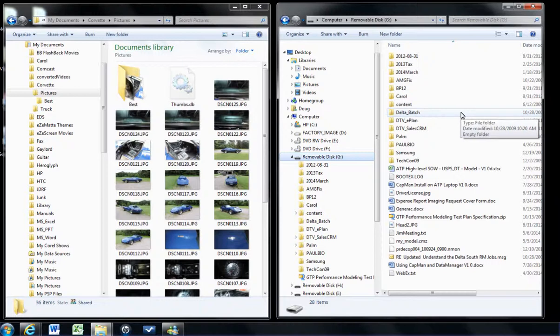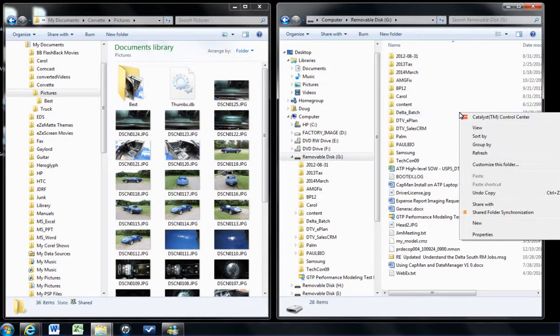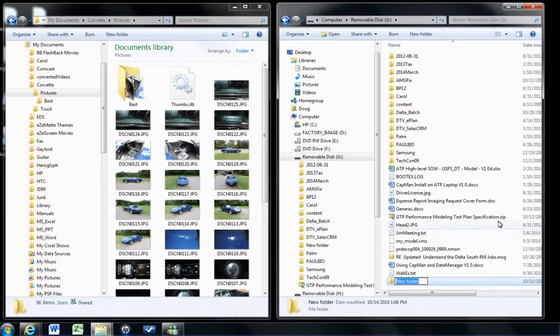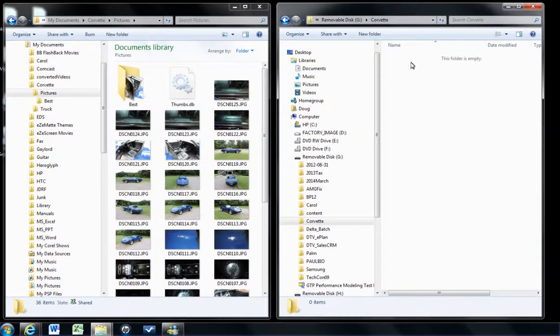I'm going to create a folder called Corvette: right-click, New Folder. At the bottom here, it's highlighted, so I type C-O-R-V-E-T-T-E. Click anywhere. I'm going to double-click on the Corvette folder. There's nothing in it. So I'm going to go back over to my laptop, which is on the left, and